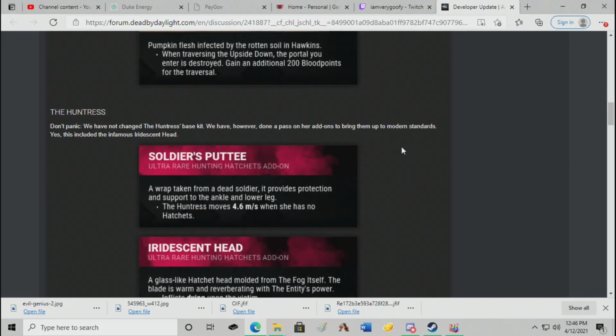I know a lot of people are going to be wondering what the heck is going on here. Don't panic! We have not changed the Huntress's base kit. We have, however, done a pass over her add-ons to bring them up to modern standards. Yes, this includes the infamous Iridescent Head. For example,